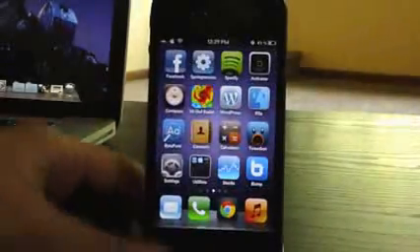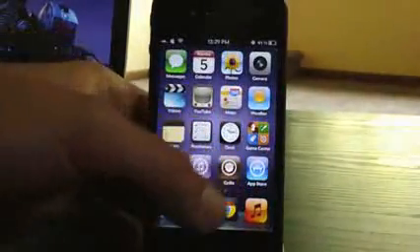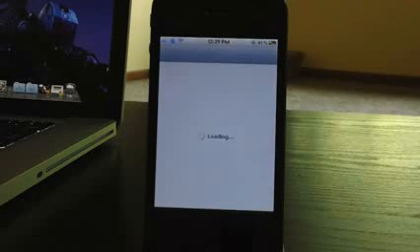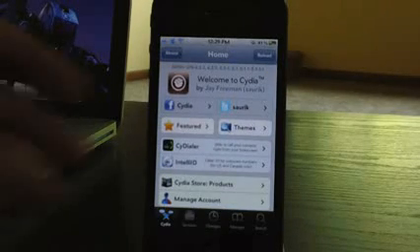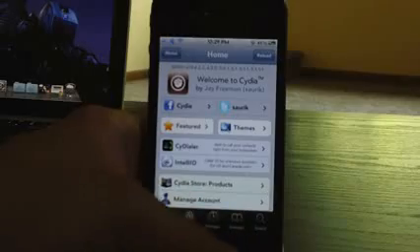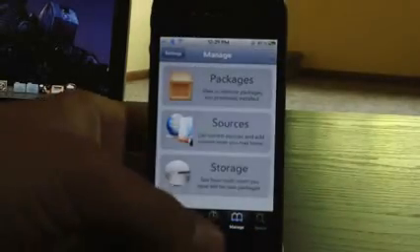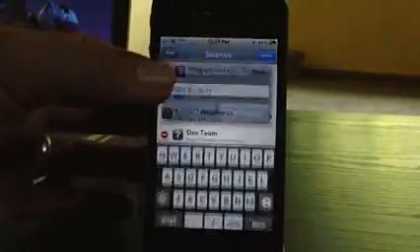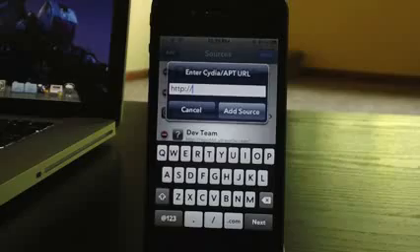So let's get Siri. First thing you're going to want to do is go into Cydia. Let Cydia load up here, and then go to Manage, go to Sources, go to Edit, and go to Add. And the source that you're going to need is called